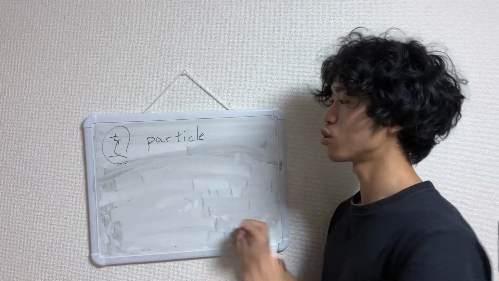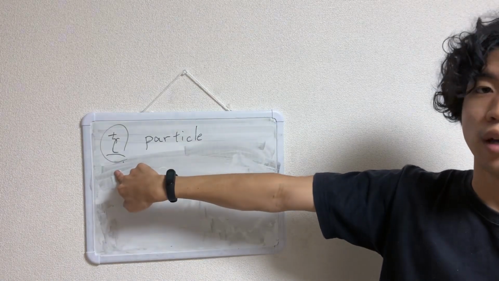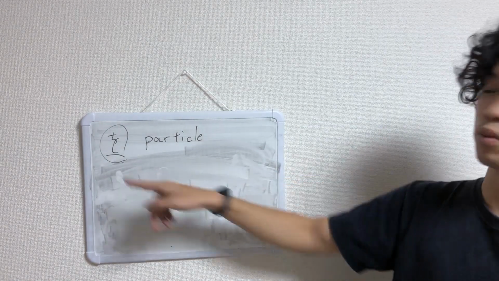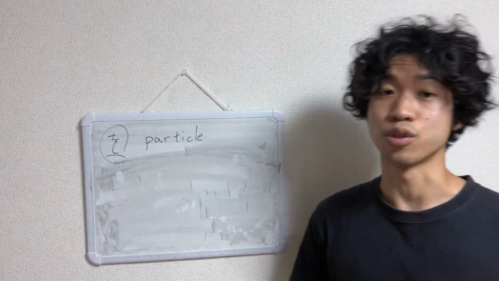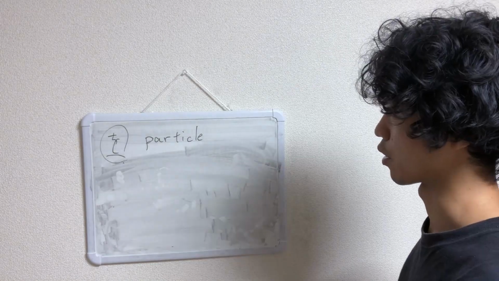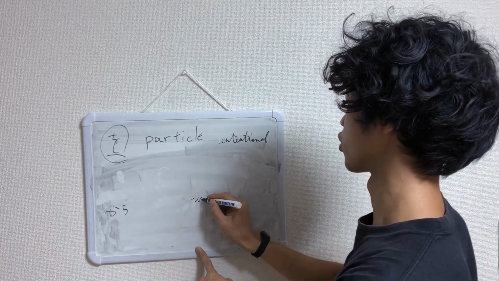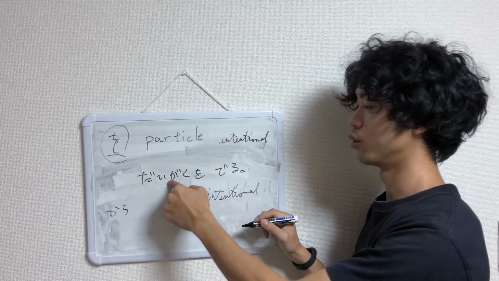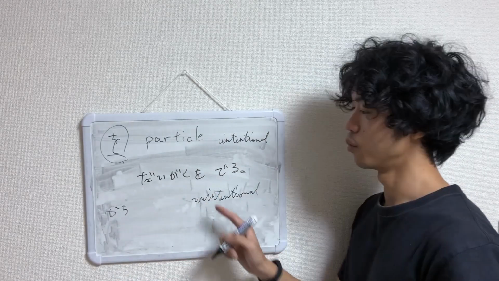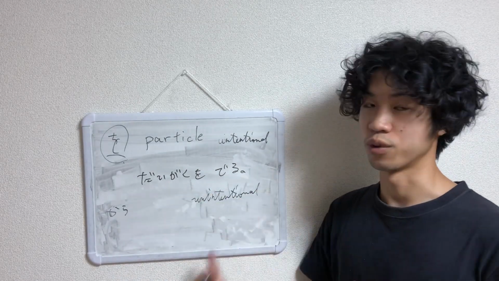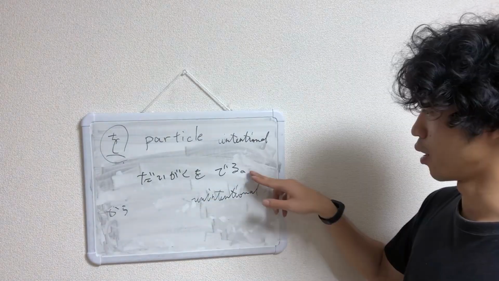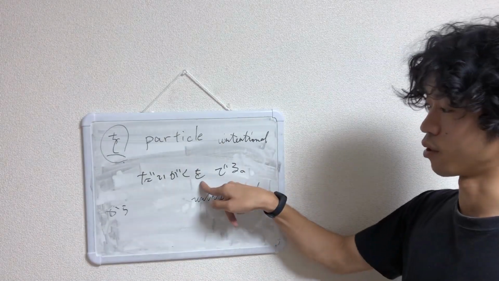There is another interesting difference between o and kara, which is whether the movement is intentional or unintentional. Let me give you an example. Intentional, unintentional. 大学を出る. So 大学, university, 出る, exit, meaning graduate from university. Now, this is intentional. This is done by a human being. This is why you want to use o. Now, から